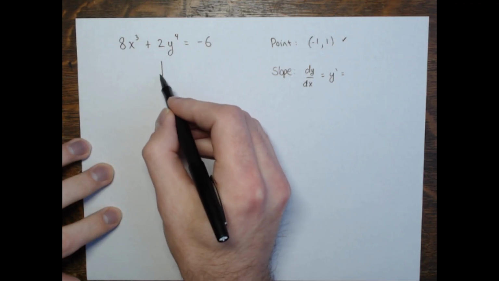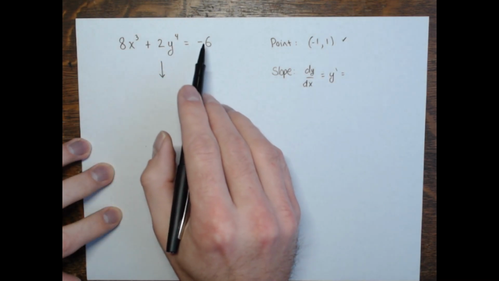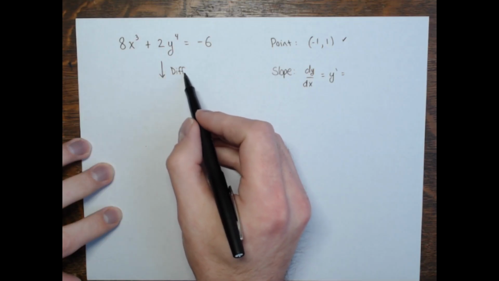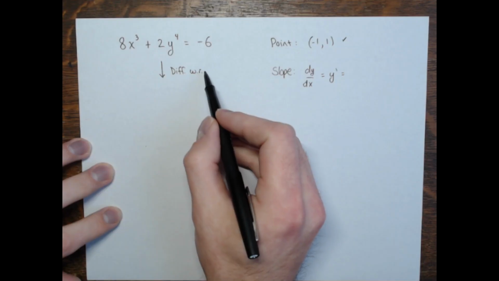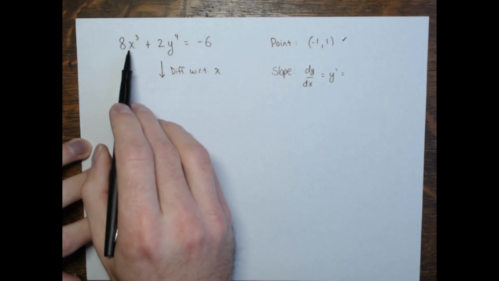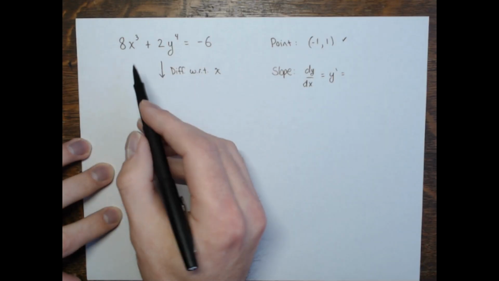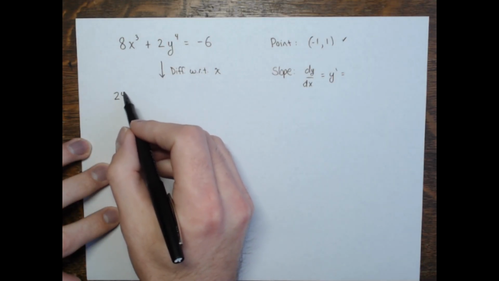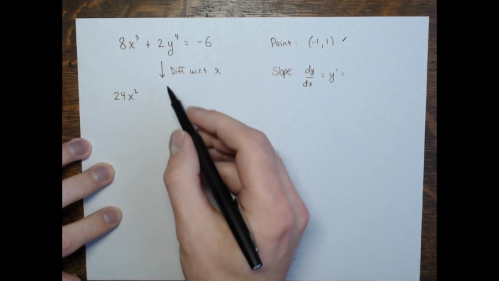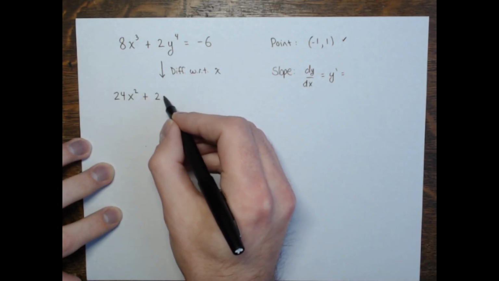So again, without solving for y, I leave it the way it is. I'm going to differentiate both sides with respect to the independent variable, which here is x. So the first term has just x in it, so I treat it like usual. That's going to be 8 times 3x squared, so 24x squared plus, and then the next term you have, 2 times